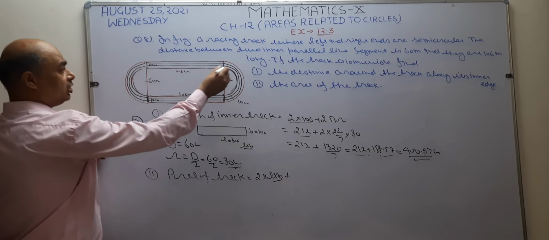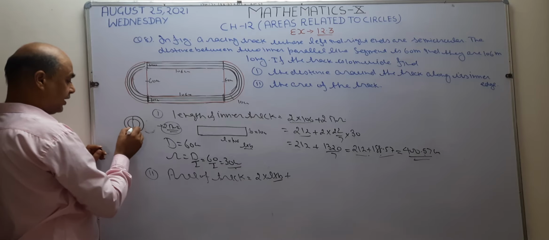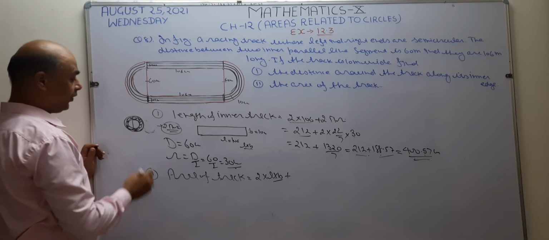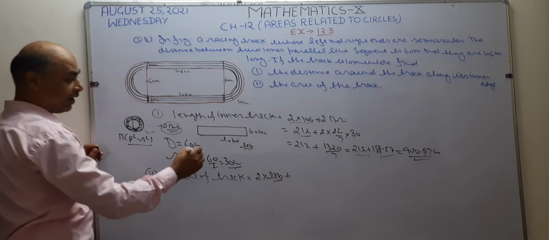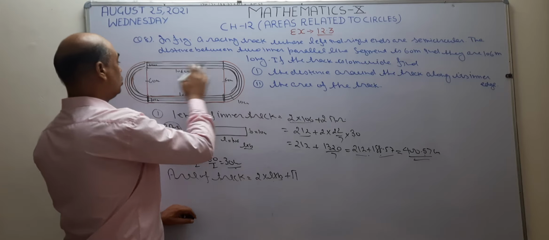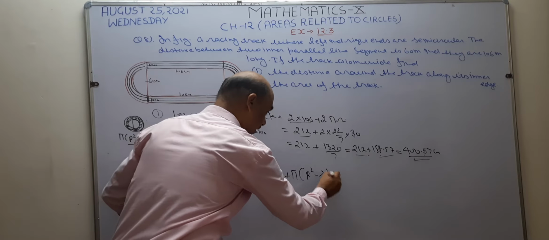Okay. This is from the left and right side, and this is from the left side. And what is the shape of this? So this is the shape of a ring. And you know how you find the area of a ring? The formula is pi capital R square minus small r square. So right here, area of ring. You are going to add this portion. This portion is a ring. So right here, pi capital R square minus small r square.